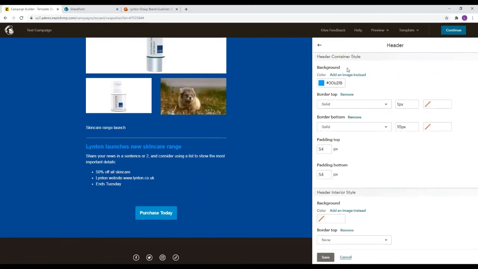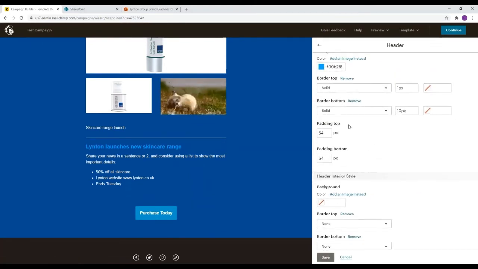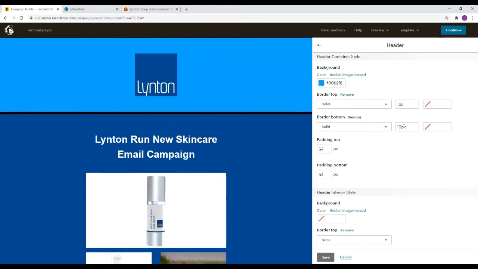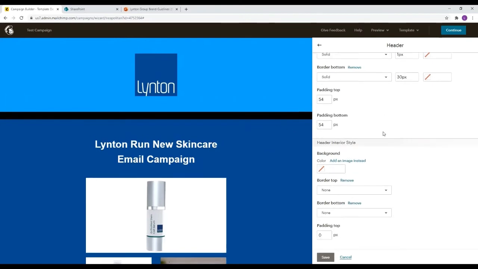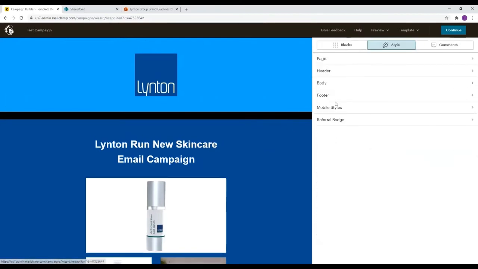For the different sections of the page, you can add it. So we've got header here. So I've just added in a little border. I can set it to 20 there. It'll make it thicker. Bottom, set it to 30. There we go. You can see it's changed that to 30. So we've got header for now.